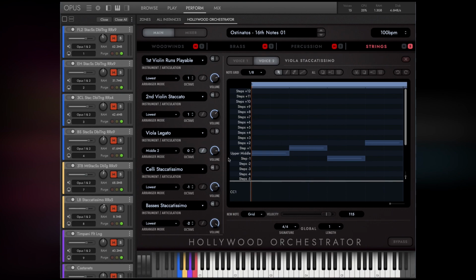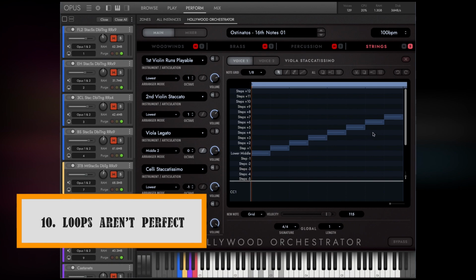Now I'm hearing it have a hard time wrapping around. Let's ignore Voice 2 for just a moment. I'm hearing it have a hard time wrapping around and getting back down here. It's kind of jerking back there. Let's just, for the fun of it,